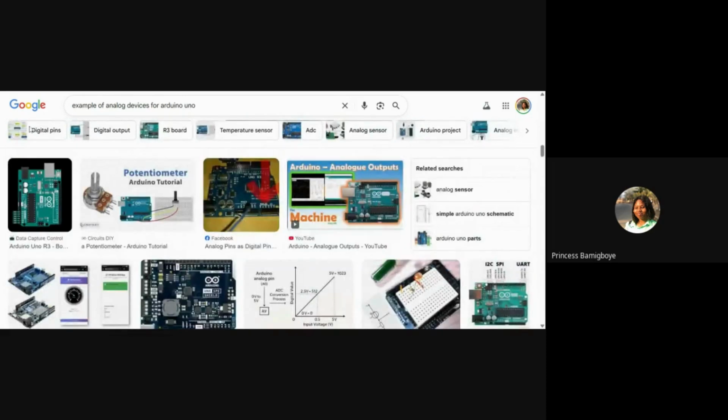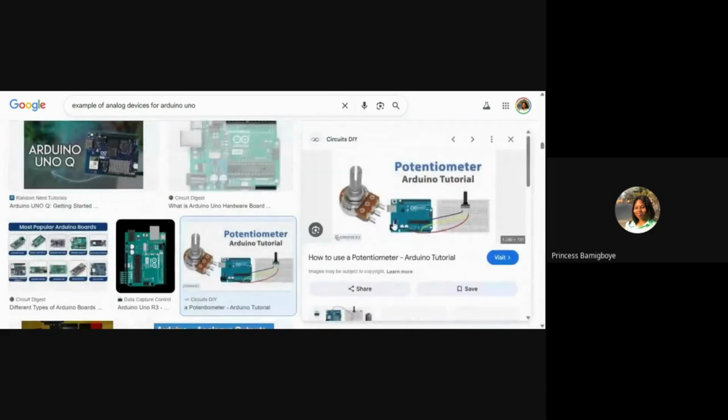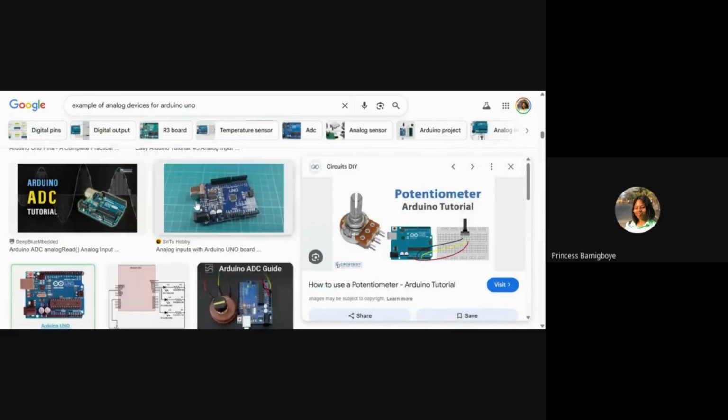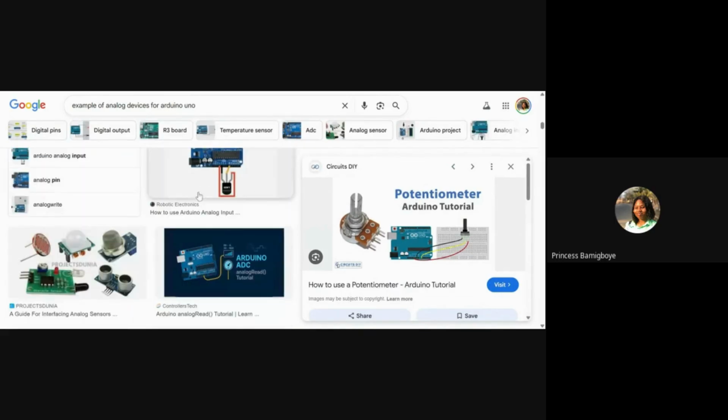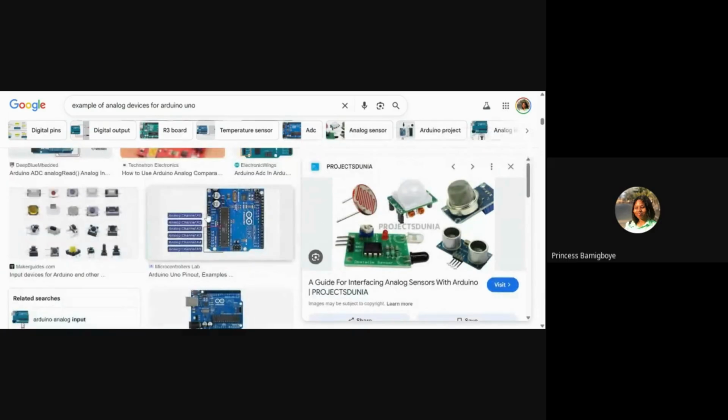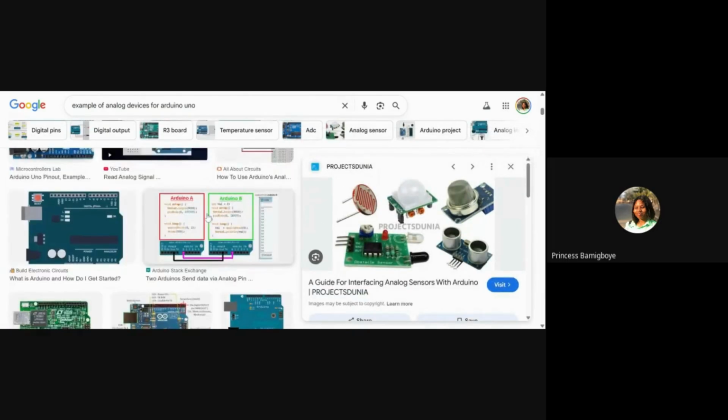For sure, you can see the potentiometer here. You can also see the photoresistor. A photoresistor functions based on changes of light.